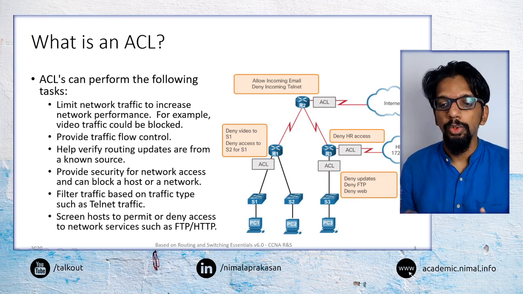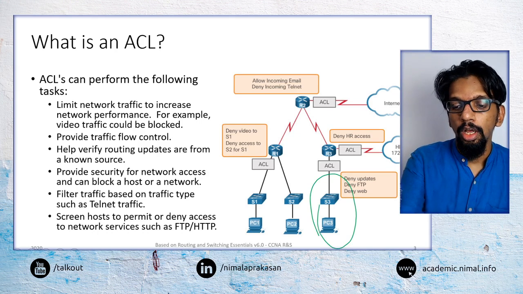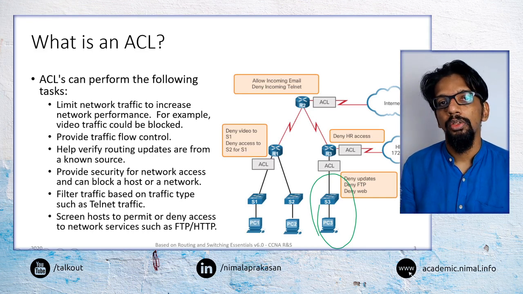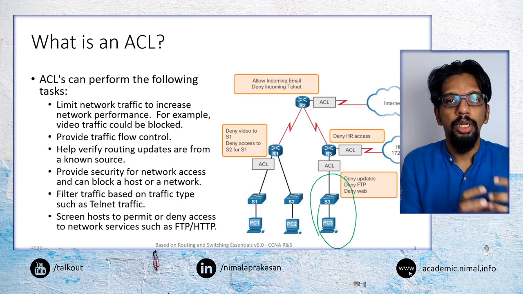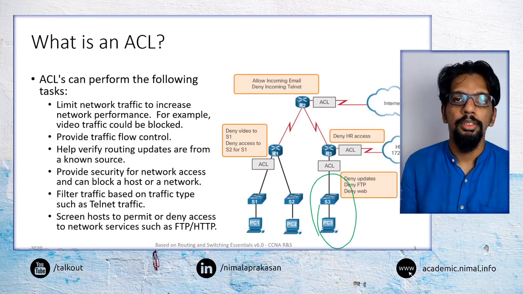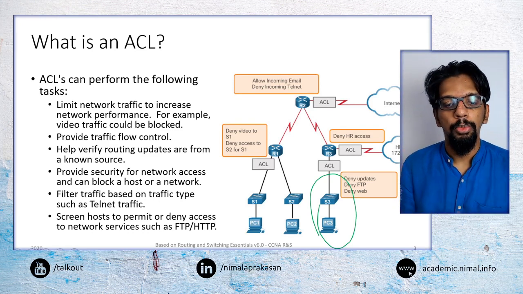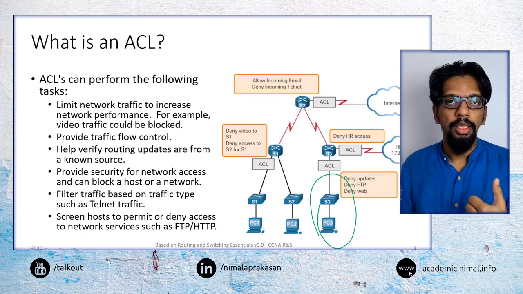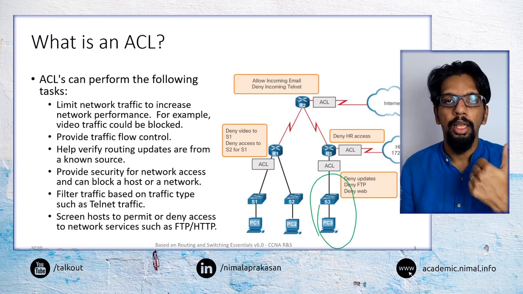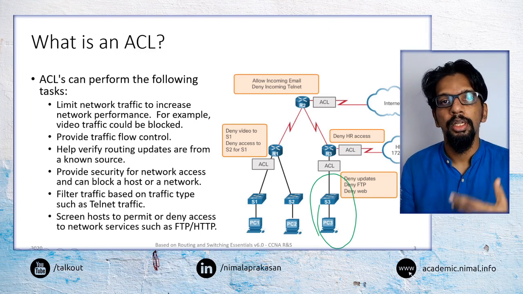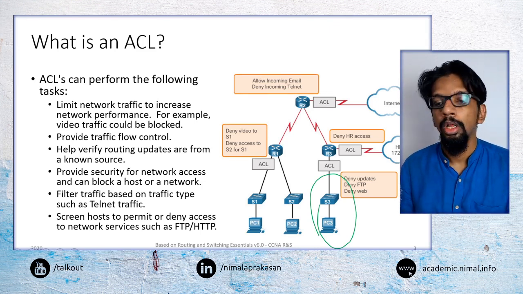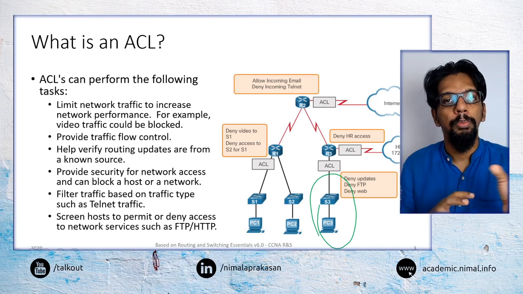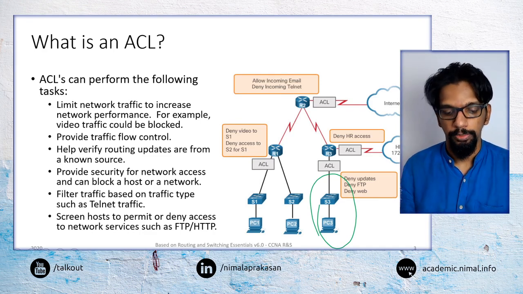We can limit based on certain types of traffic such as RTMP or certain video kinds of traffic. We can even have, for example, only known hosts allowed to contact a particular type of server. You would say only traffic originating from this subnetwork can access this particular host. So we can have a number of these rules that we can apply to filter packets. Anything that is identifiable from a packet, like the IP address of the source, of the destination, the type of traffic, the protocol, we can use to identify and permit or deny in those rules.